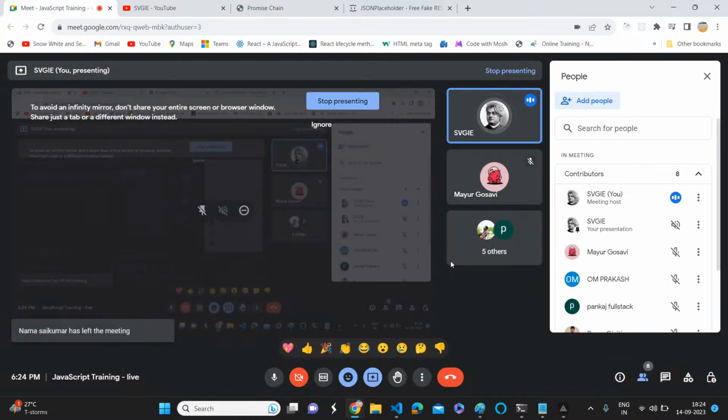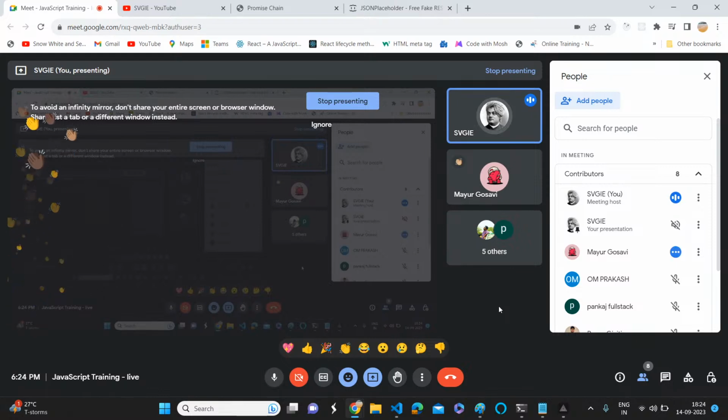Okay, how many of you love this pizza? Because two steps are done. We completed two promises. I know it's very difficult. To explain it is easy. To understand, because I'm writing the code, it's easy for me. So for you, it will take some time. What you need to do is practice. Then it's going to be very easy for you.